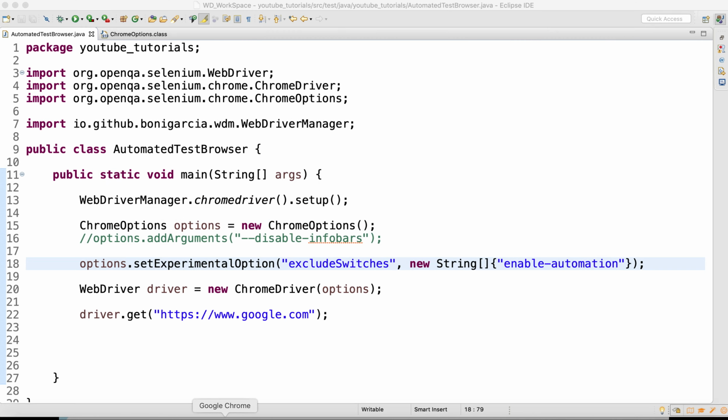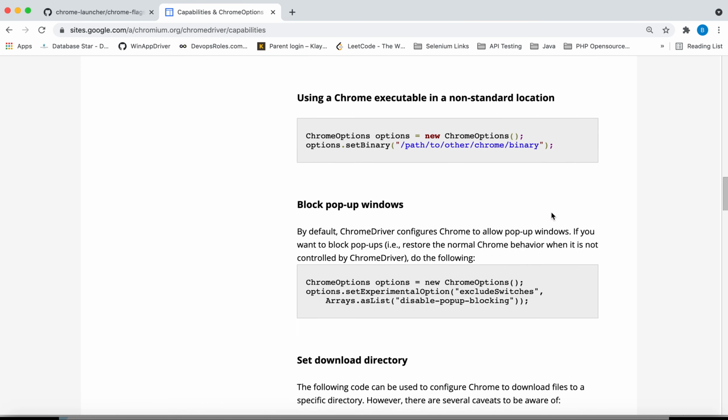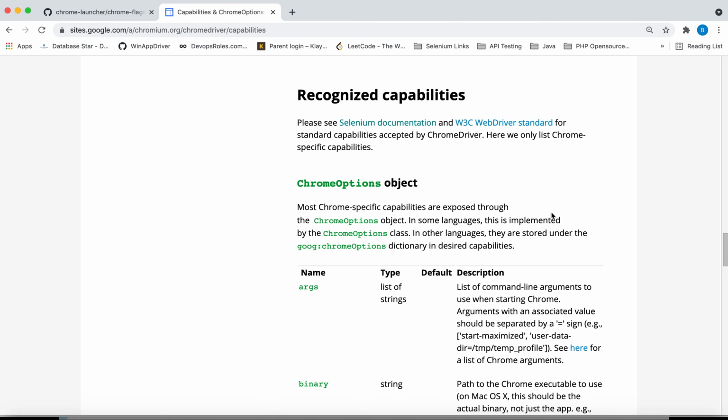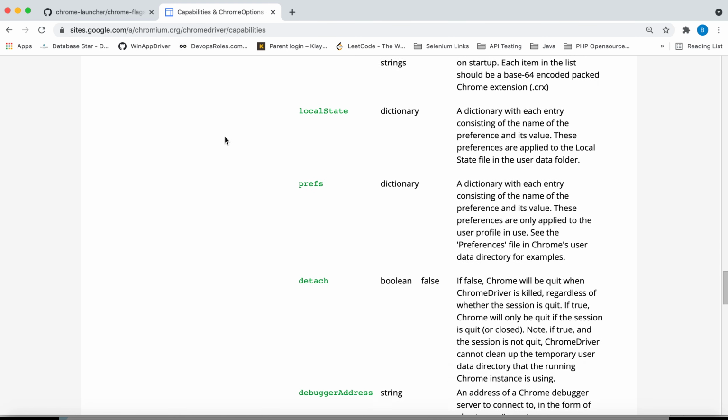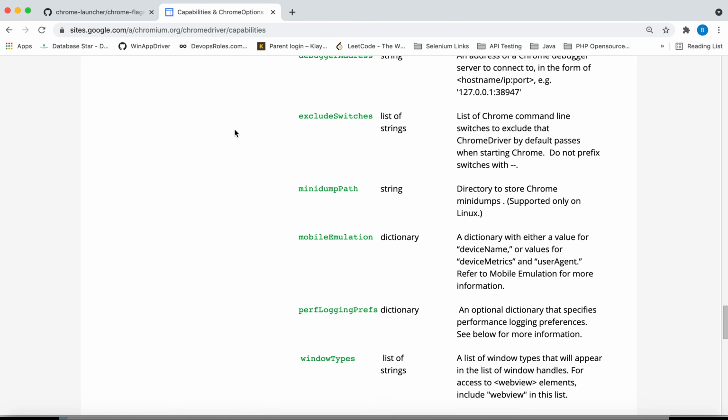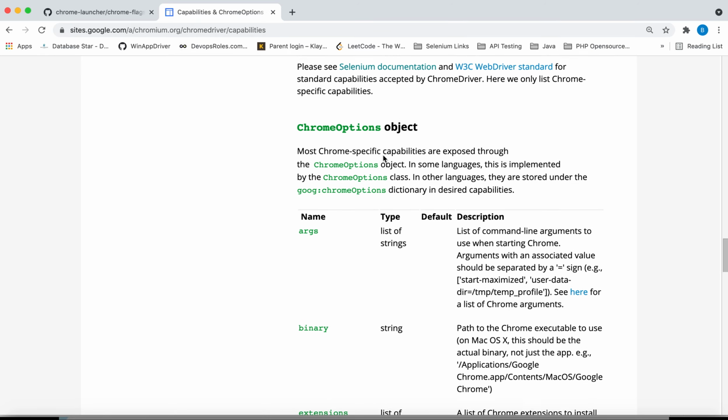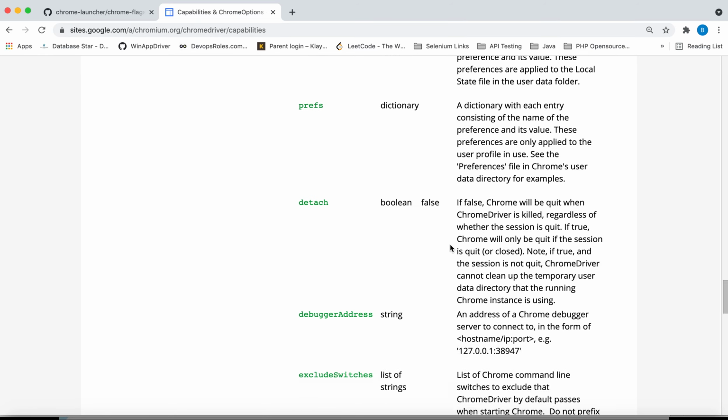So let me go over there, and you can see here recognized capabilities. Go to this particular heading and then go for excludeSwitches. This says it is a list of strings. The excludeSwitches is of type list of strings.